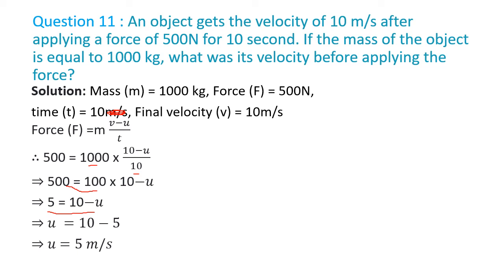So I think I've gone a little fast, but I hope you have understood the numericals. We have only used two formulae here. P is equal to m into v. Change in momentum is mv minus mu. Force is delta P upon t, or m into (v minus u) upon t, or F equal to m into a.